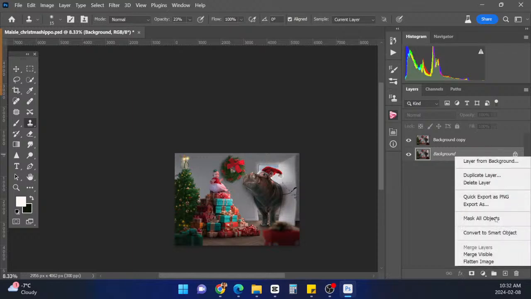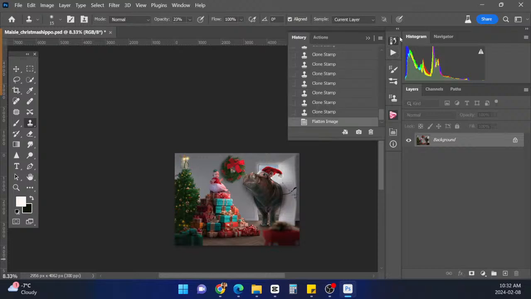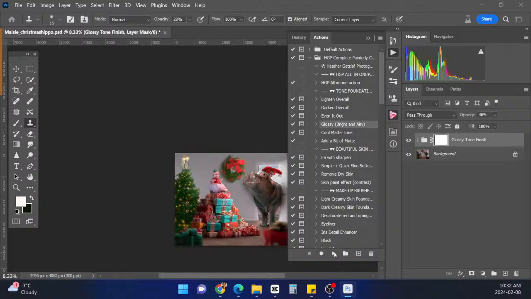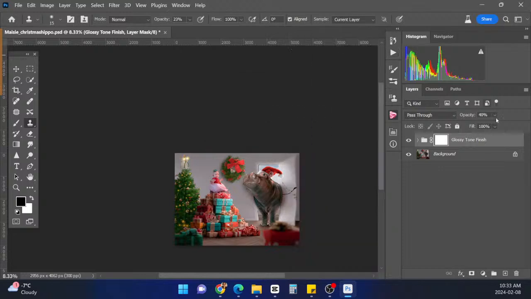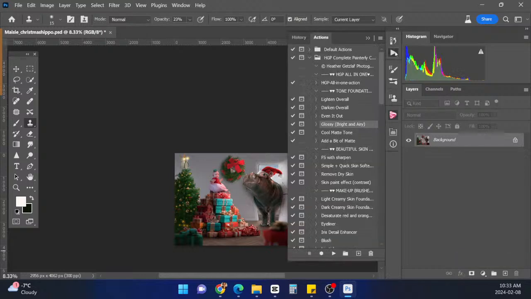And once I get all the color adjustments and stuff done, I like to use some of my all-in-one stuff. So I'm gonna maybe add, let's see what that one does. And I'm just gonna lower this opacity to like 10. So it's just kind of warming everything up a little. And then